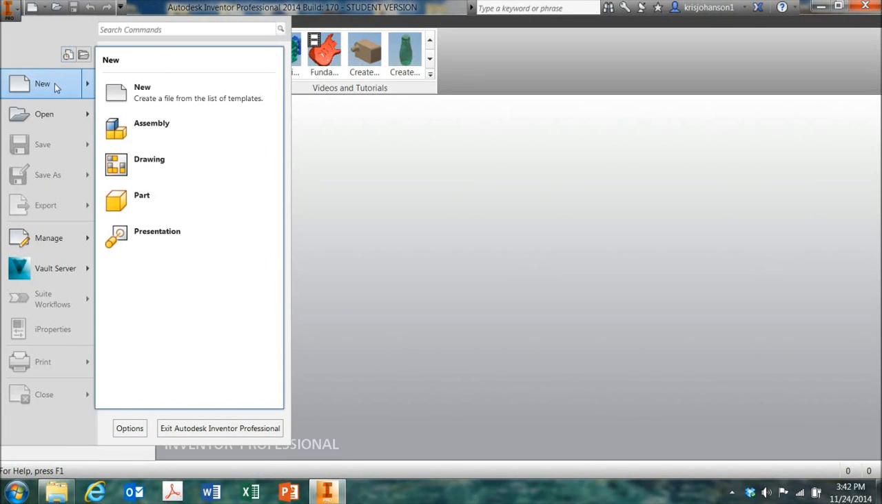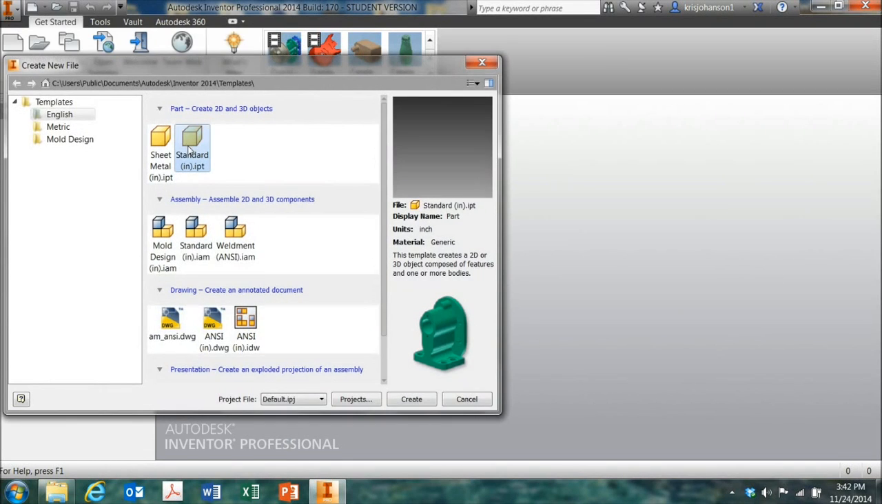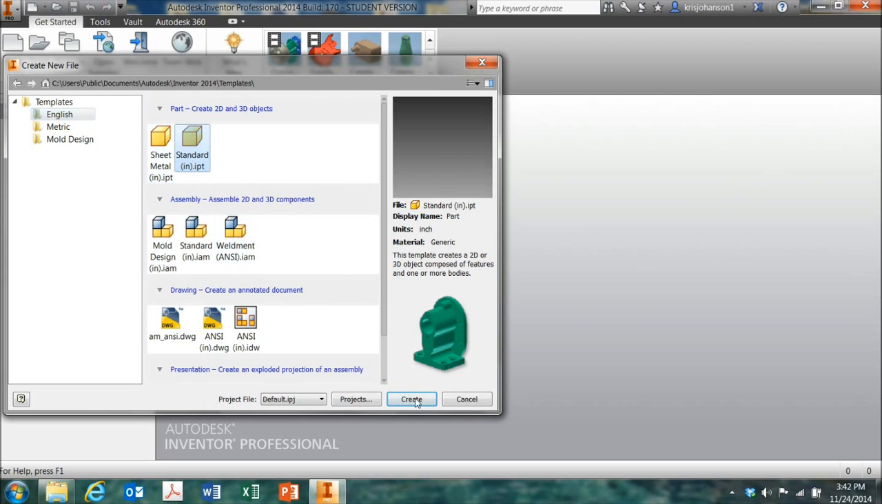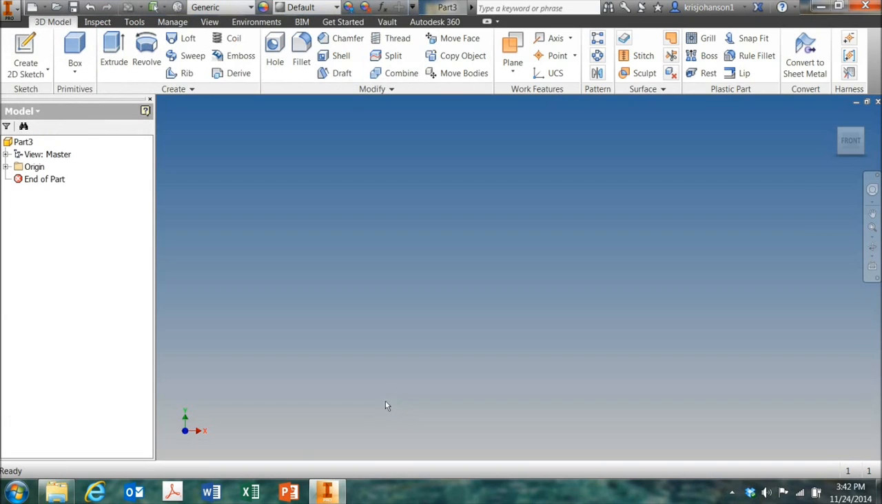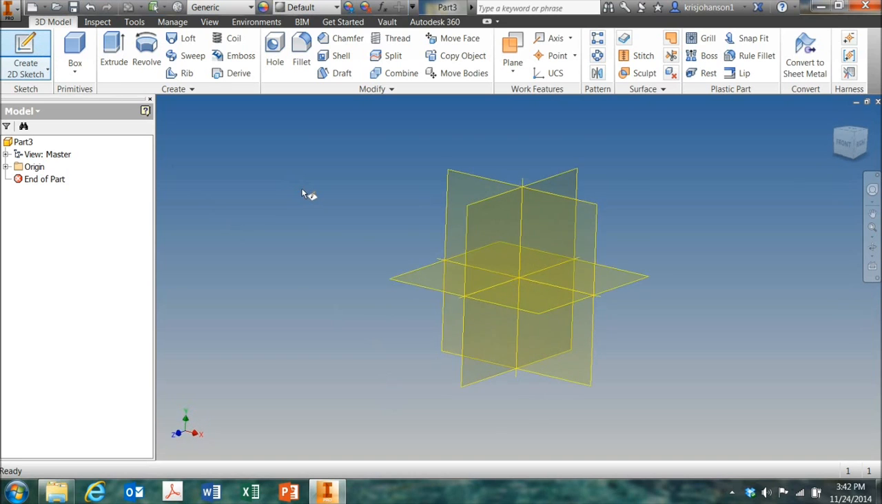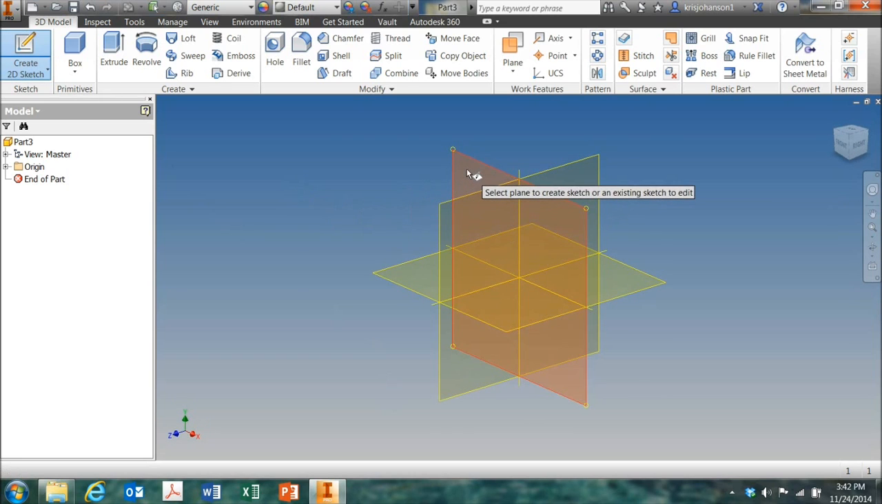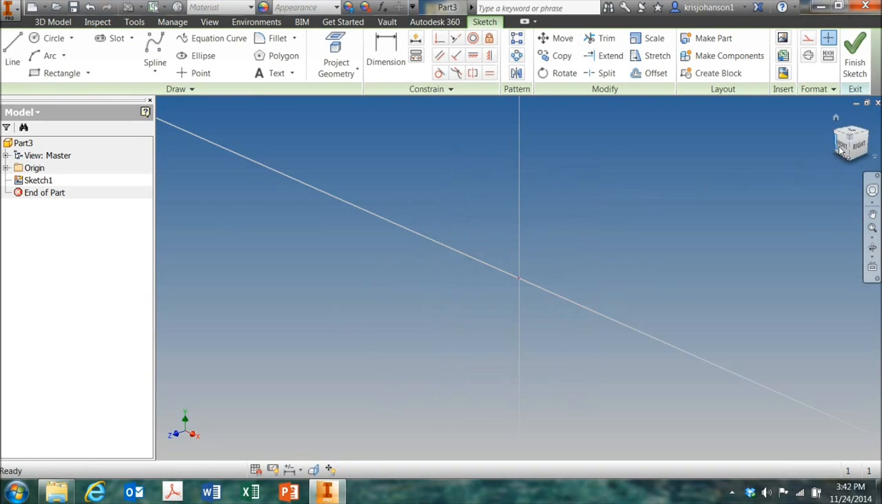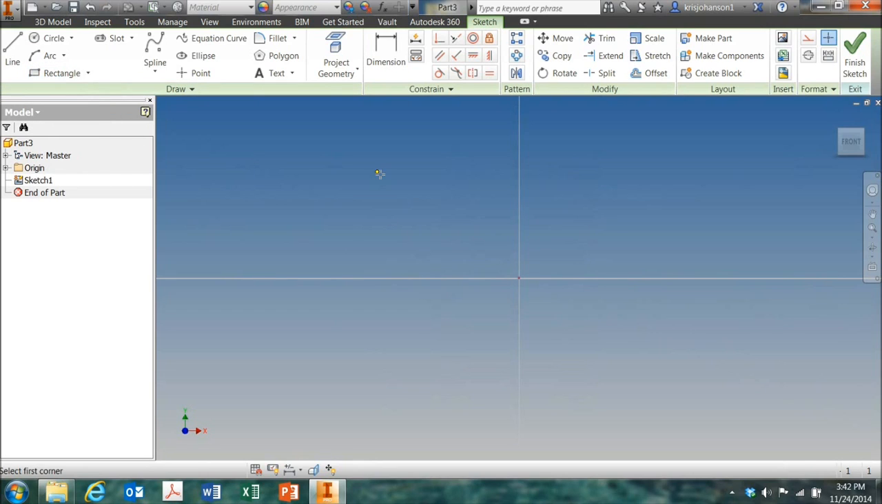Start with English, standard inches, create 2D sketch, select the XY plane, click on front to bring it around,